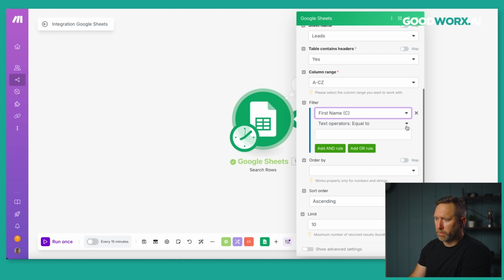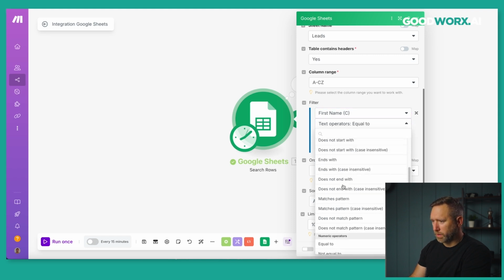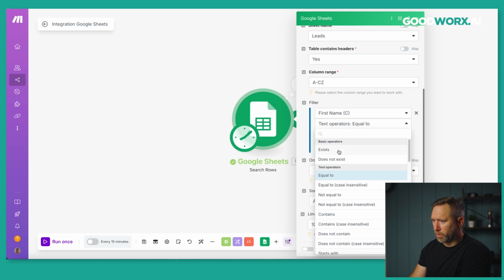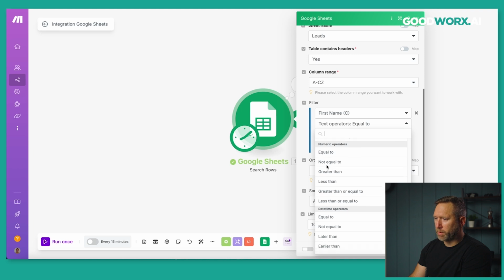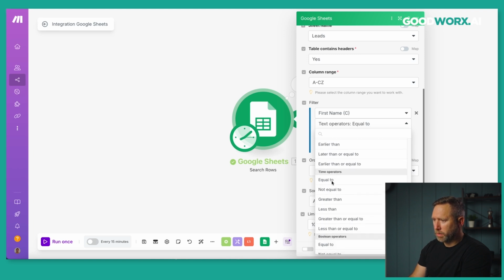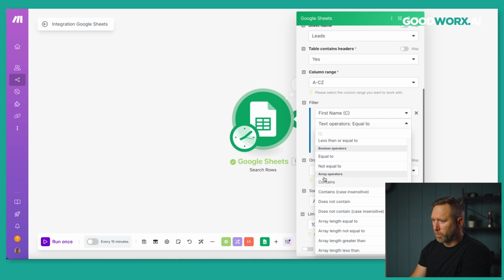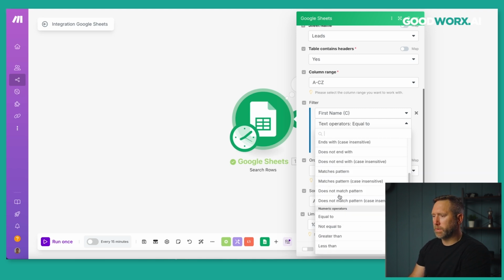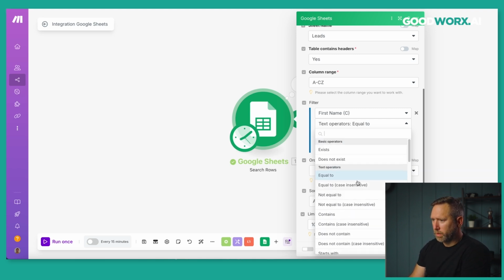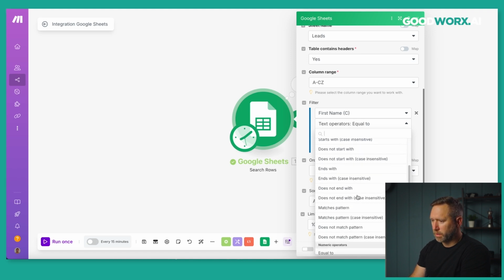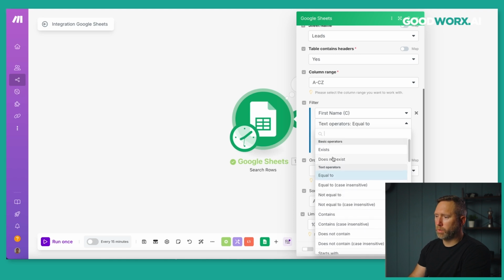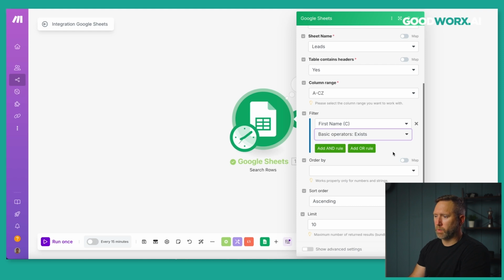And then if you click on the drop-down arrow, you'll notice that we have all sorts of options here. And the options are broken down by basic operators, text operators, numeric operators, date time operators, Boolean operators, array operators, and that's it. So since we're working with a basic string, we'll just use text operators. So the one that we're looking for is, actually you can do does first name exist? So there you go, does first name exist? So we only want records where first name exists. So we'll hit save,